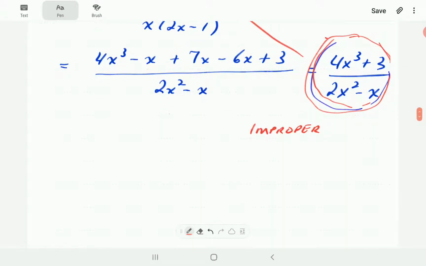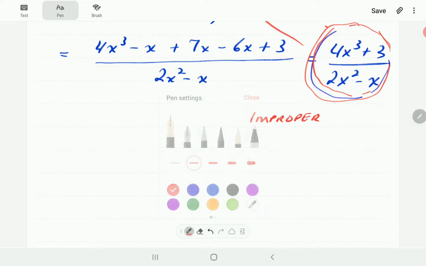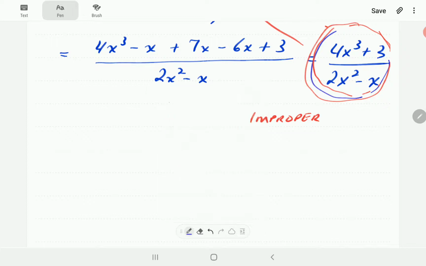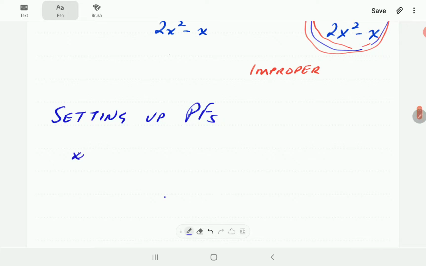All right, so we want to talk about the principles of setting up partial fractions. Okay, so how do you do this? So, setting up partial fractions. Then in the next video we'll go into the actual computations of these. Just now we want to talk about the principles. So the first thing is